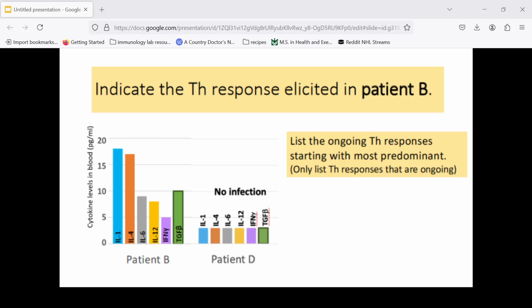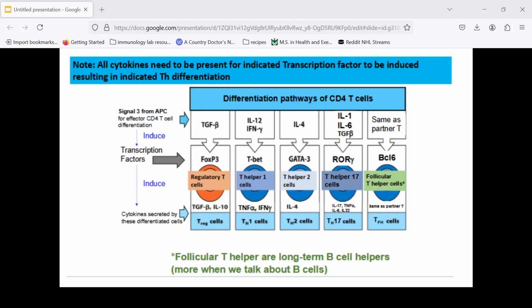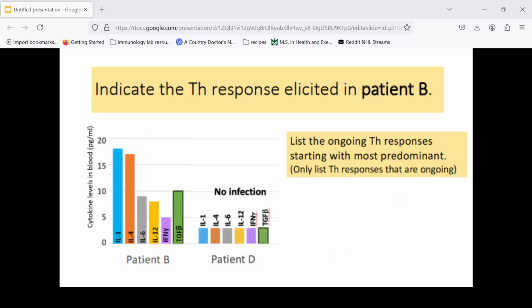So for our first step, we're just going to look at those three: IL-4, IL-12, IFN gamma. The reason we're just looking at those three is because IL-12 and IFN gamma are both needed to differentiate into a Th1 cell, and IL-4 is what is needed to differentiate into a Th2 cell. So we start out looking at those three. We have to consider